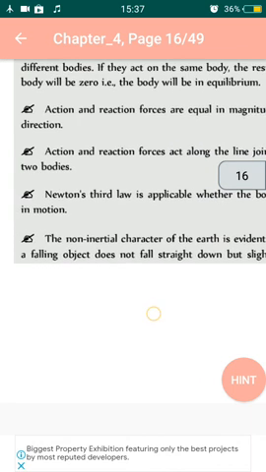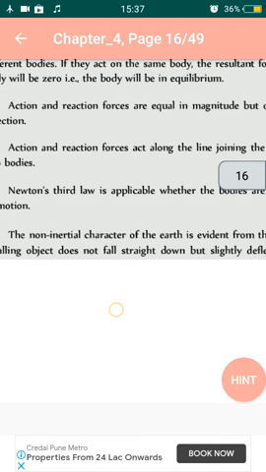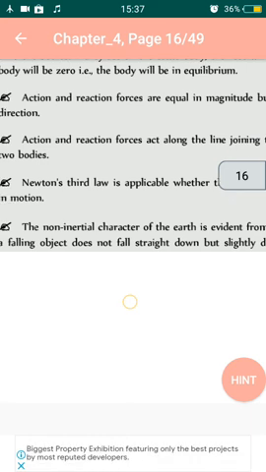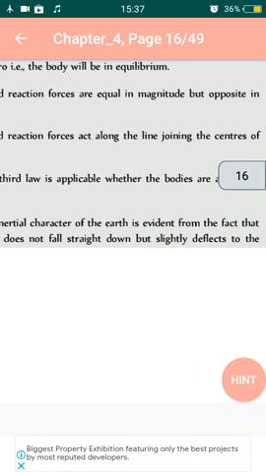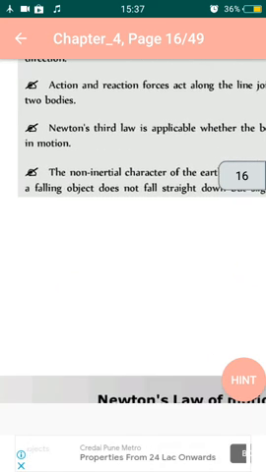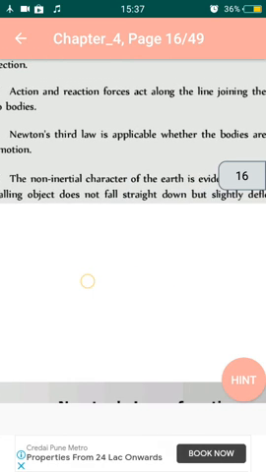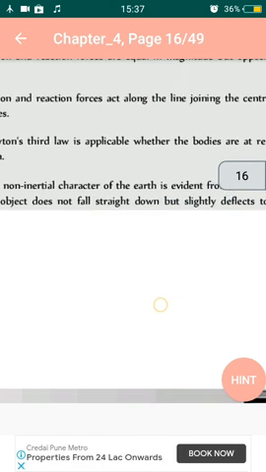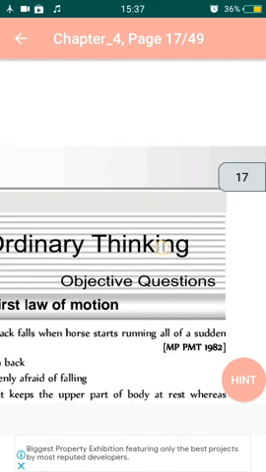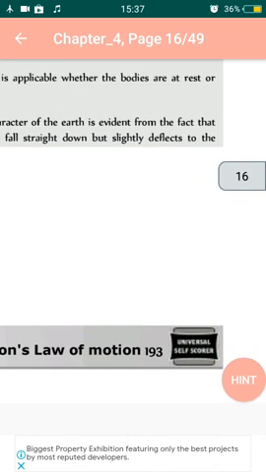The next point, the non-inertial character of Earth is evident from the fact that a falling body does not fall straight down but is slightly deflected to the